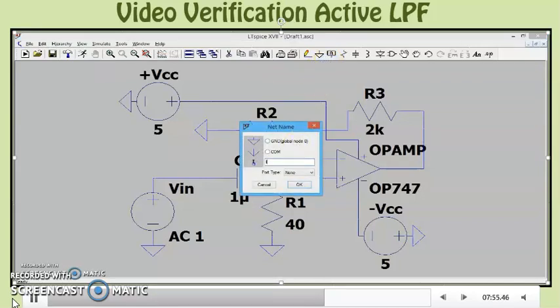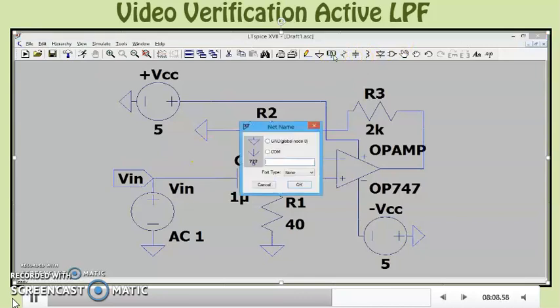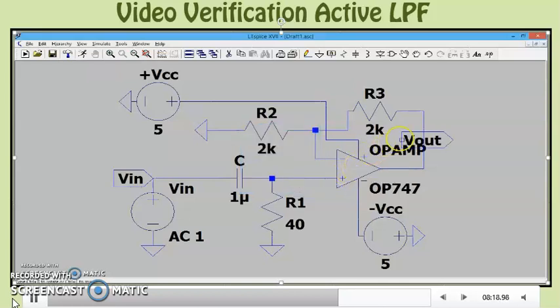Adding labels. These labels are supposed to be connected at the input and the output. This is the input one. I'll name it as VN, select input and bring it right here. The second one is the output label, Vout, and this is the output of the op amp. So it can be placed here. So we are done with the labeling, the construction of the circuit, the values, all is done. Let's run this circuit.